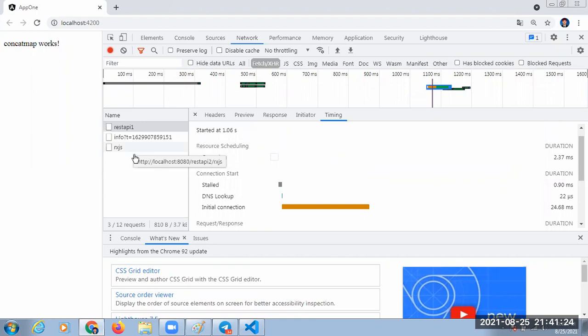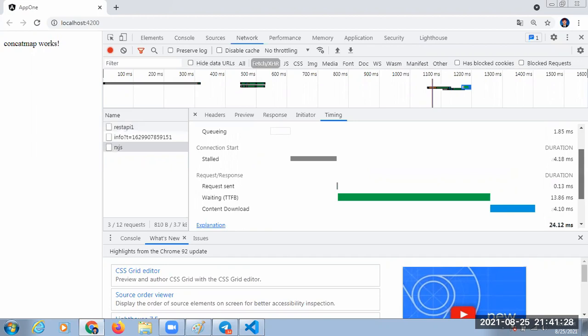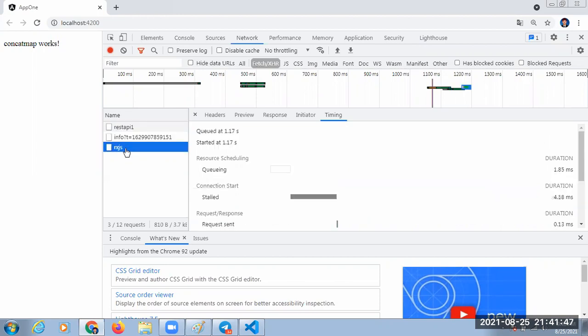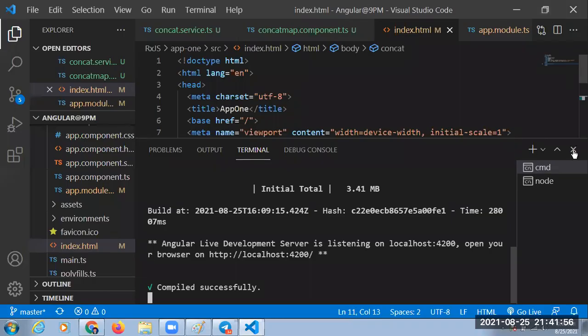Just to go to the call 2, we need to go to the call 2. If we go to the call 2, start time is different here, end time is different, right? 13.86 milliseconds. Let me go through some information, guys, regarding this one. Here itself we can identify, based on these two timings only. So finally, the theoretical information as per the API, concat map is used to execute the calls